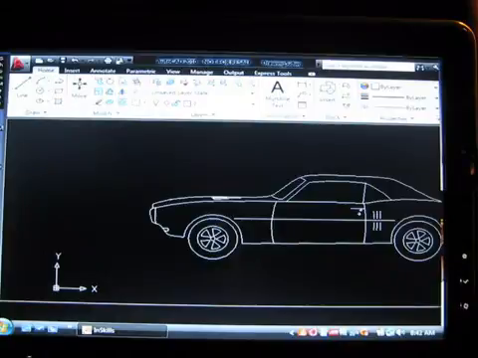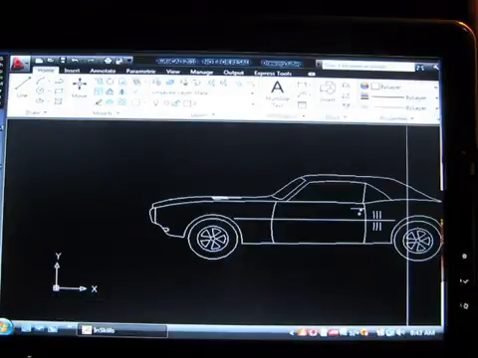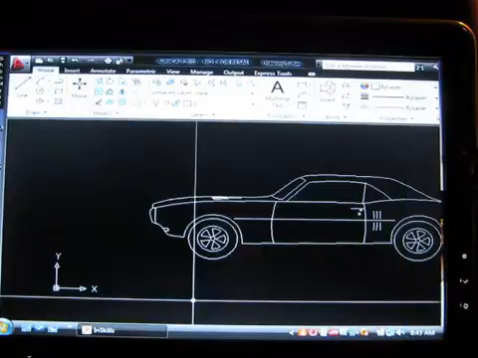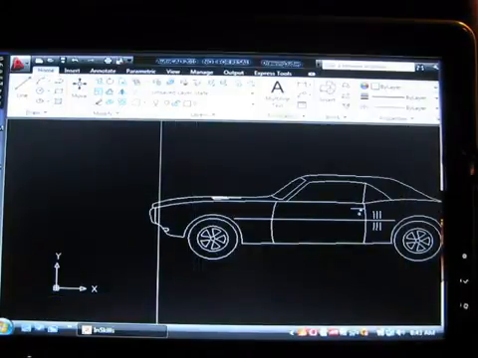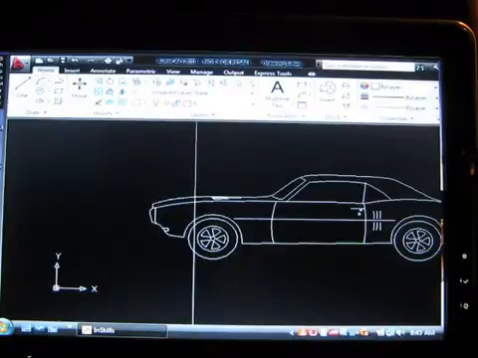If you look at the bottom of your screen, you will see a whitish grayish colored area, about 3 or 4 lines, each containing the word command. This is the command line. Here you can type in any command into AutoCAD. In these videos, I will often say, type on the command line. This is where